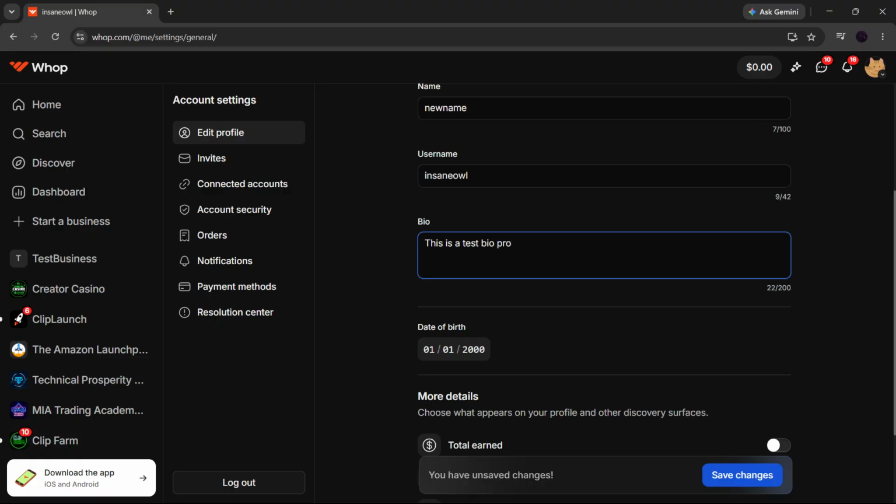A polished profile can make a big difference, whether you're building a community, selling products, or just trying to look